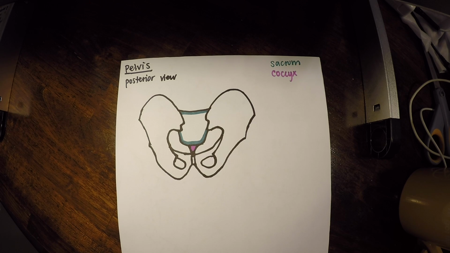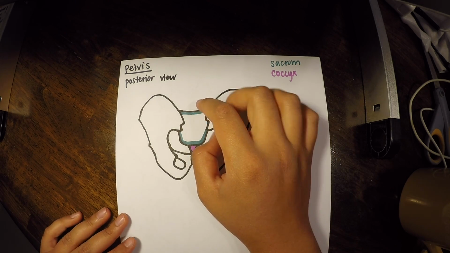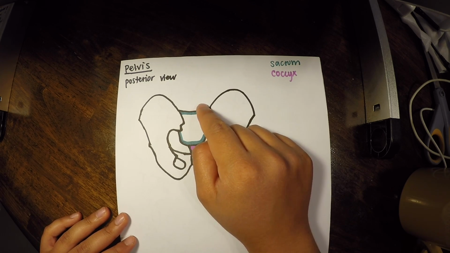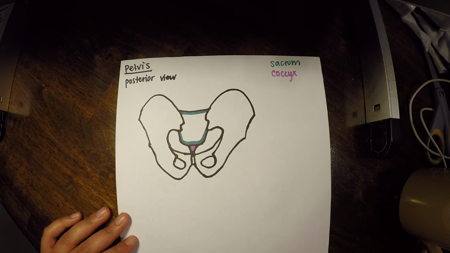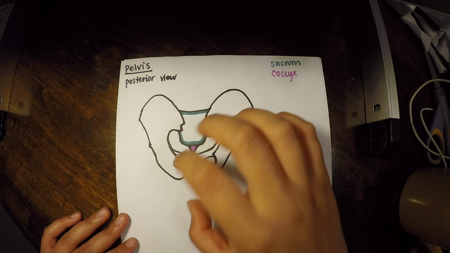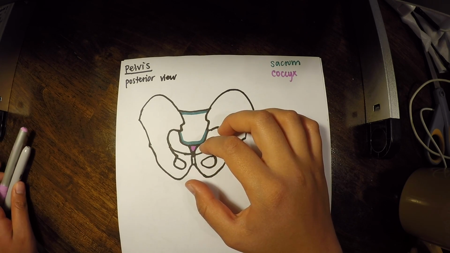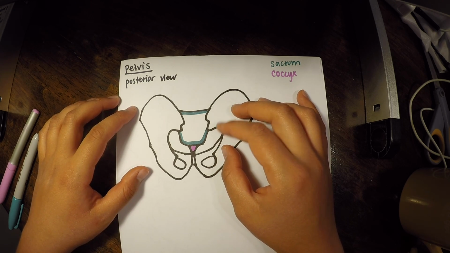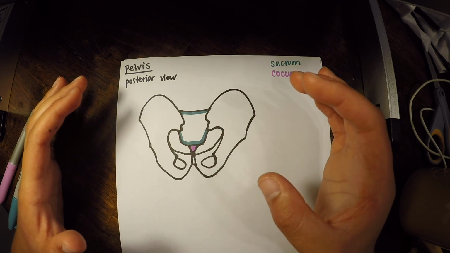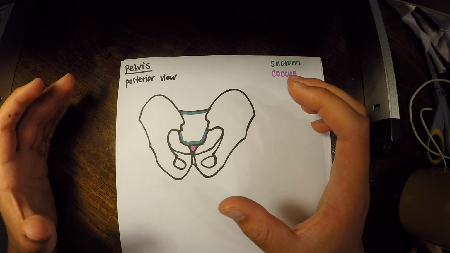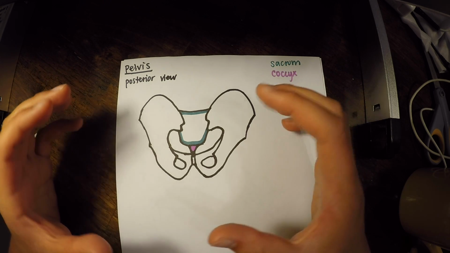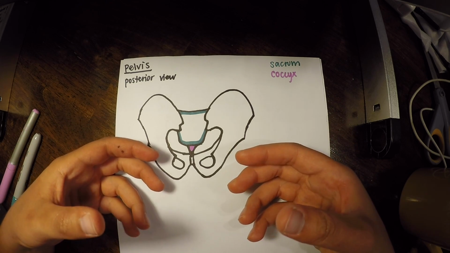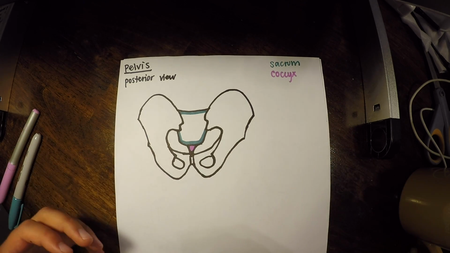Now, when we're looking at our pelvis, it's really important to note that this is the base of our spine, essentially. So your sacrum forms a joint with your spine right here at your 5th lumbar vertebra. And that's really important, right? Because this is the base of our spine. If things are thrown off in our pelvis, what we can do to determine if one innominate is either rotated or shifted or anything,